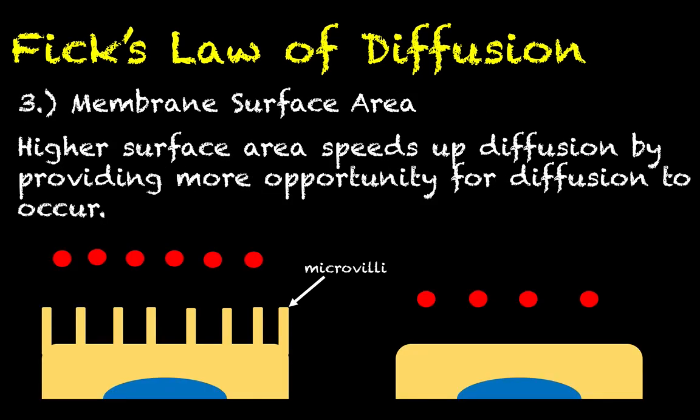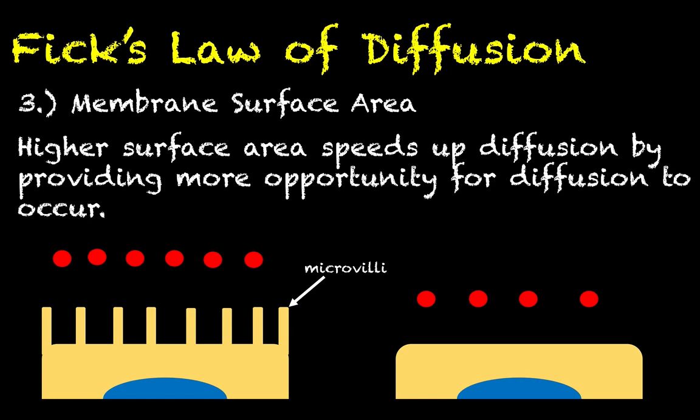Next, we will talk about membrane surface area, which is a little bit of a different issue than cell thickness. So, higher surface area is going to speed up diffusion by providing more opportunity for diffusion to occur. You could almost think of two different cells that are roughly the same size, but have two different amounts of membrane covering their surface. On the left, you see an epithelial cell that has microvilli, which are microscopic projecting structures